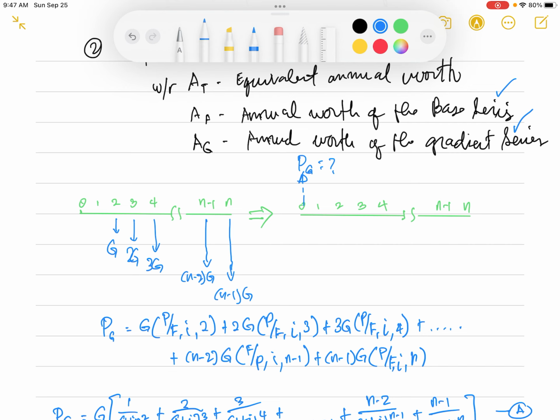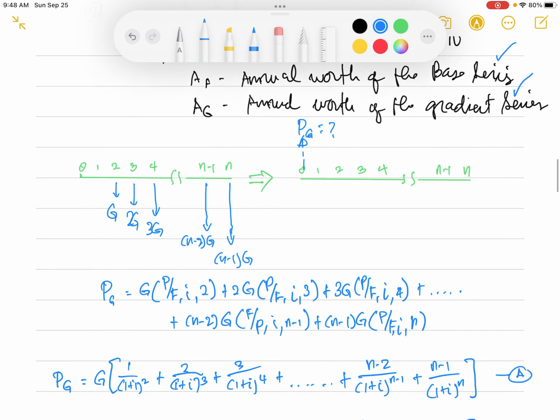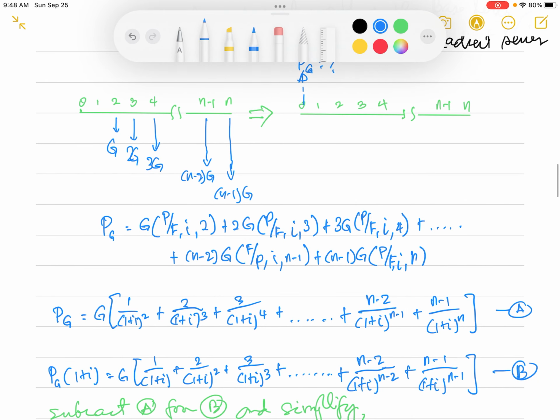This gradient, which starts at end of year 2, n equals 2, is G, and then increases progressively by an amount G. So we can actually solve for the equivalent present worth of this gradient at t equals 0 or n equals 0 using the present worth formulas that we have earlier derived. So recall that the present worth